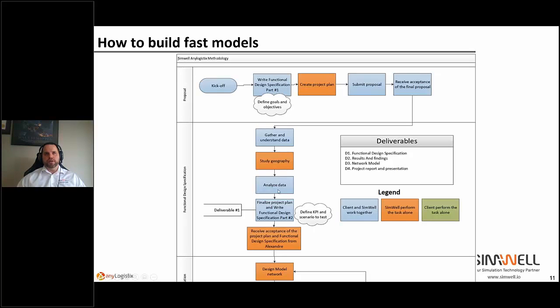And most supply chain projects, I say simulation because my world is simulation, but the whole success of a project is often defined in the first few weeks, in this design part of it. And part of that design is to have an experienced modeler in the team. That's something we can help you with, because our business model at SimWell is to do two things, right? We are a consultant. We build models from scratch.